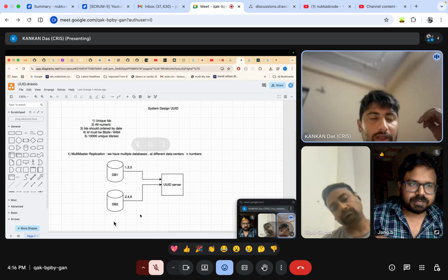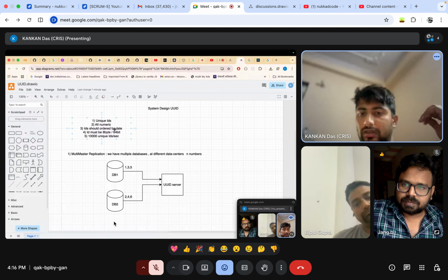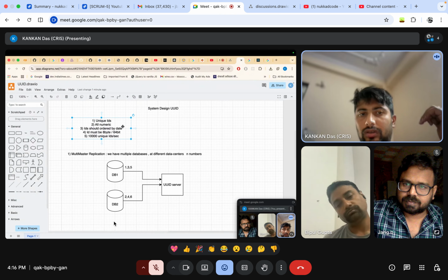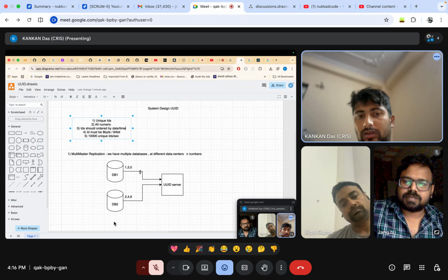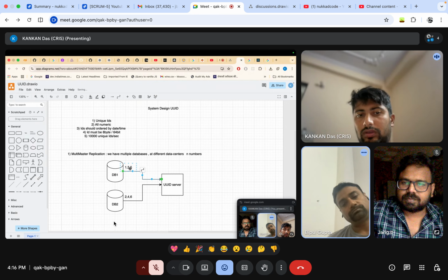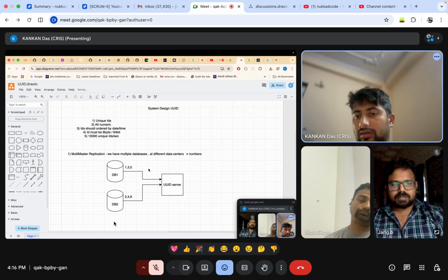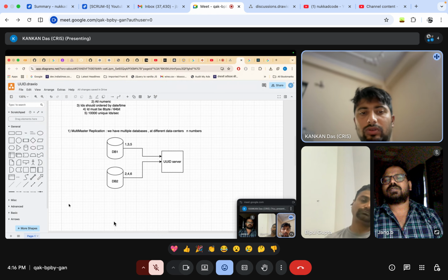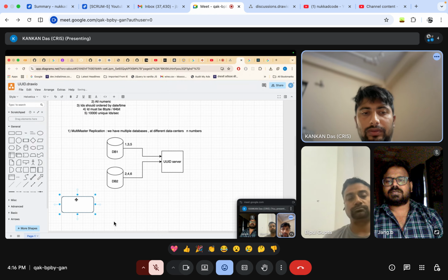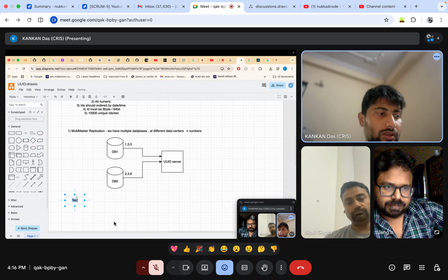Another thing is that we have kept one option here: the ID should be ordered by date or time. But this is not by time; it is by number. So that is easily crackable. That's why we will go to another method, another approach, that is